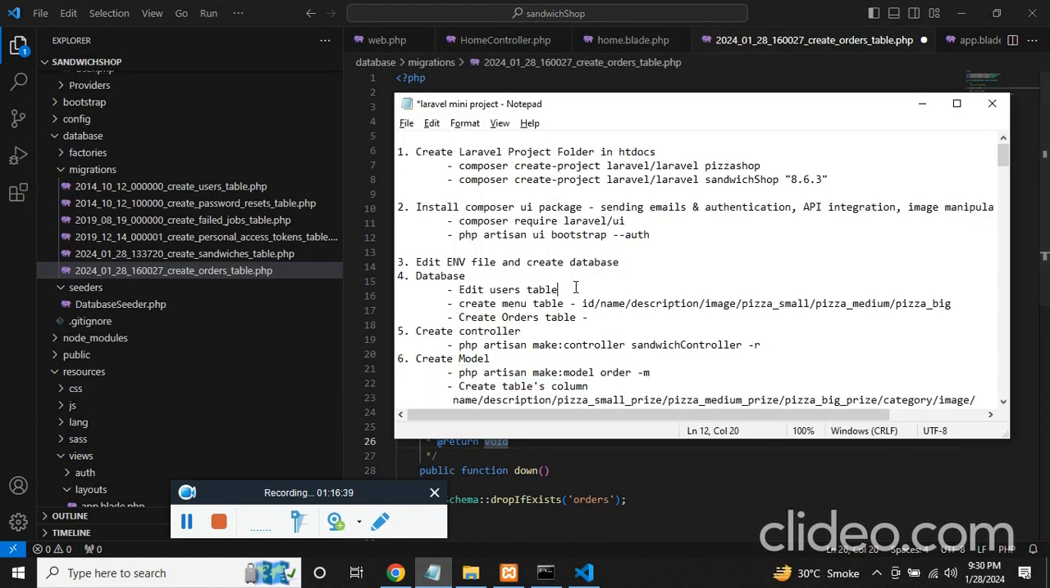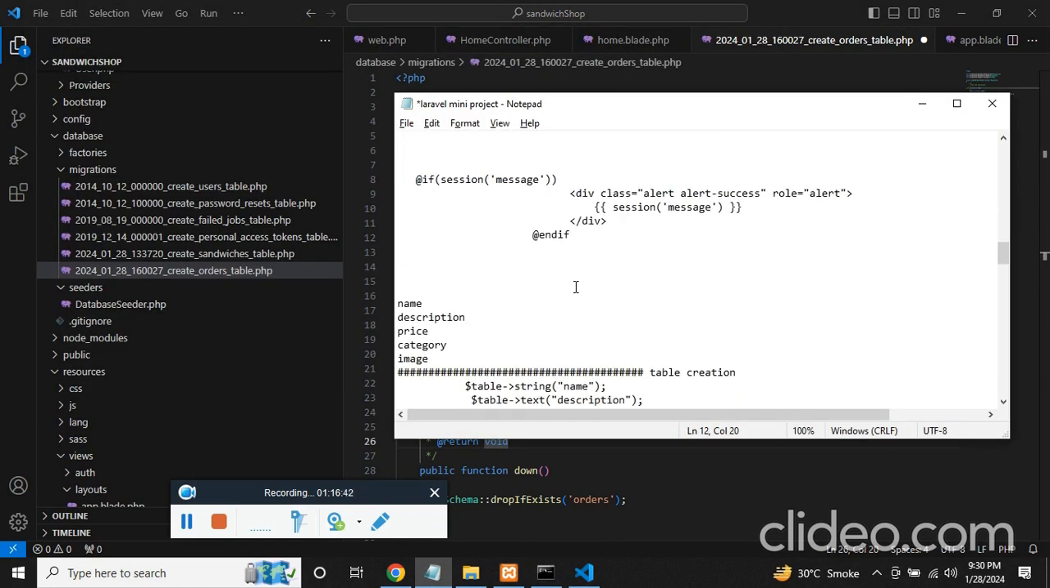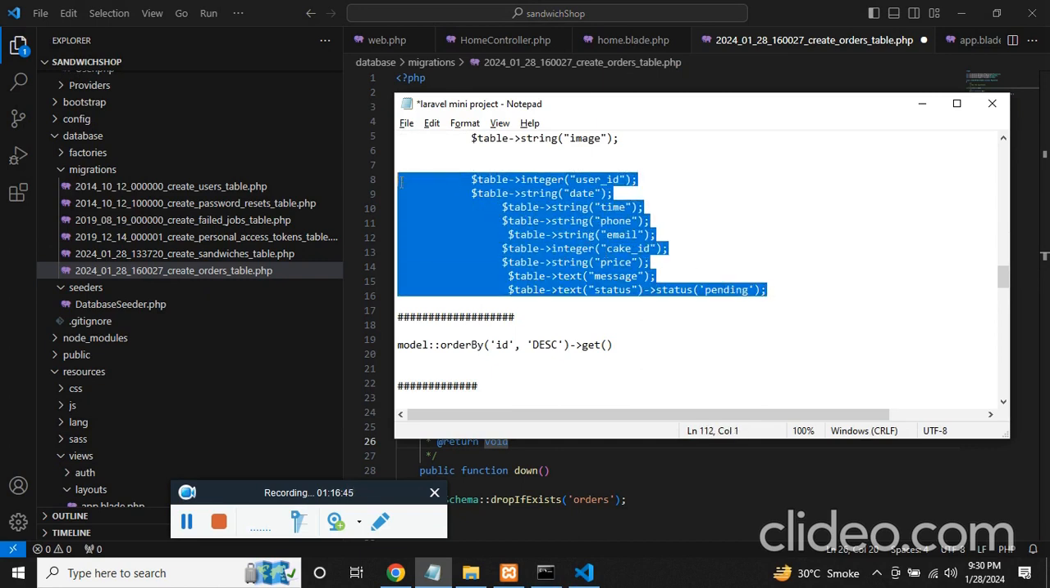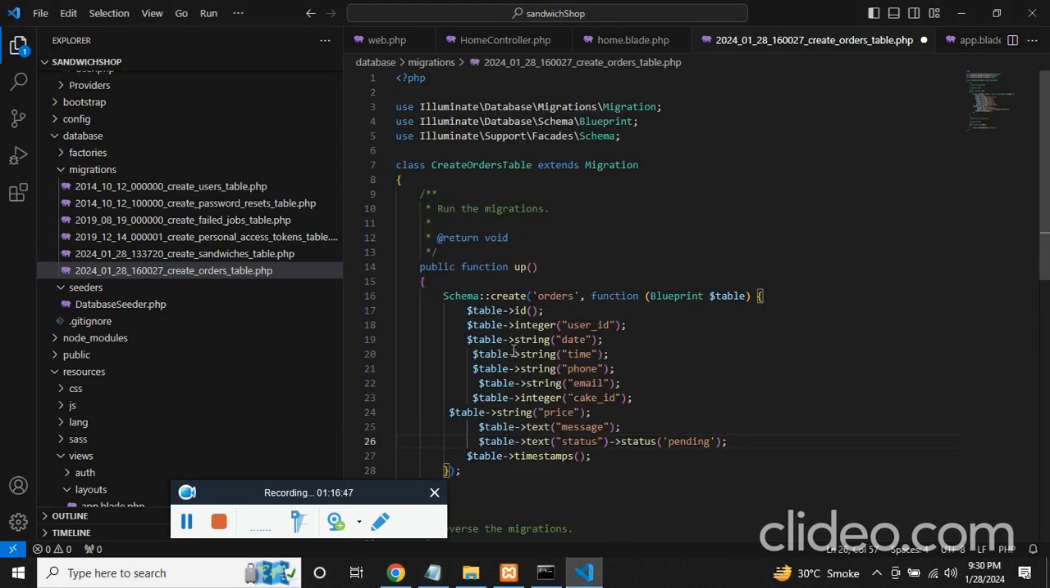It's stuck, so that's fine. Now let me use all the values that are required. So we need user ID, the one who ordered, the date and time, the delivery date and time, the phone and email, the item ID or sandwich ID, and then we have price, then we have message, and default is going to be pending for status. So once these are all done,